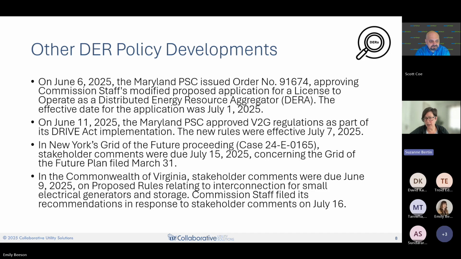Utilities have also filed their plans, and there's going to be a hearing next week on September 3rd regarding those plans. Meanwhile, in New York, in the Grid of the Future proceeding, stakeholder comments were due in July. And then in the Commonwealth of Virginia, stakeholder comments were due on proposed rules relating to interconnecting small generators and storage.